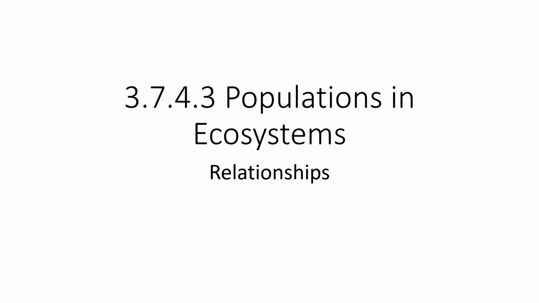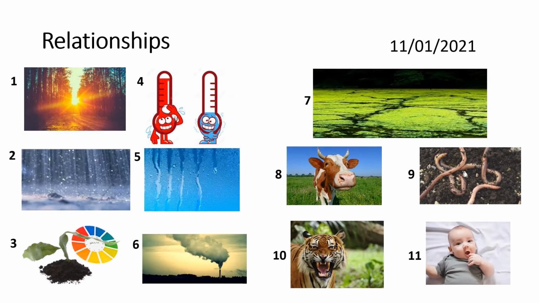This is an A-level biology presentation looking at populations and ecosystems and specifically at different types of relationships between organisms. To get started, think about all the different biotic and abiotic factors that can affect an organism. You have 11 pictures in front of you. Each one represents a particular biotic or abiotic factor. Pause the presentation now, try and work out what all 11 are, and when you're ready, restart the presentation and